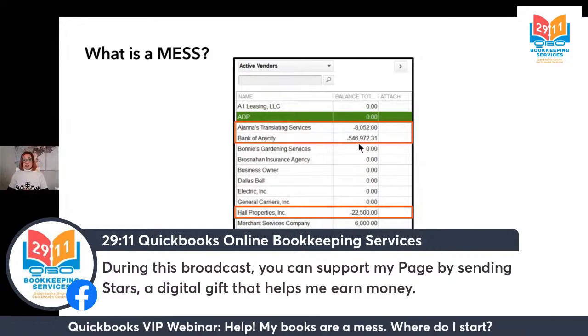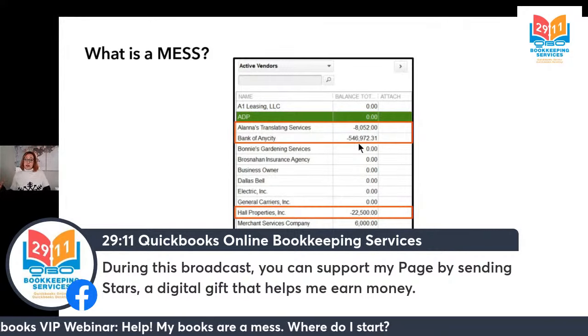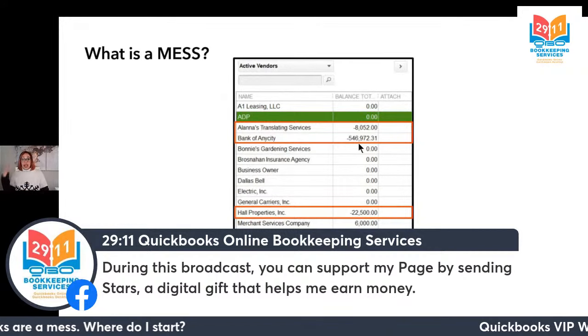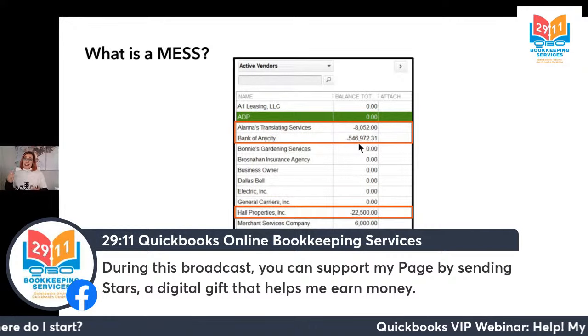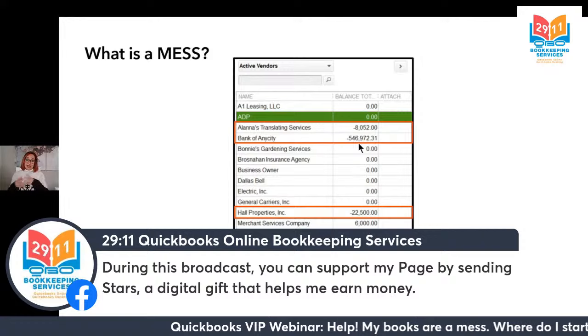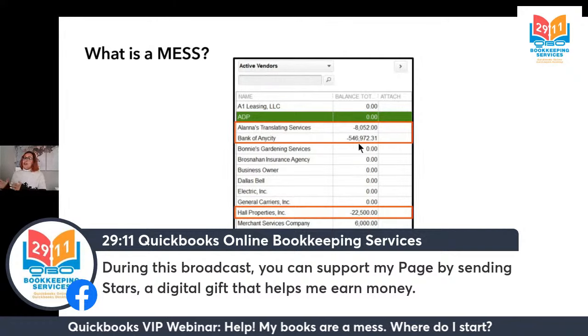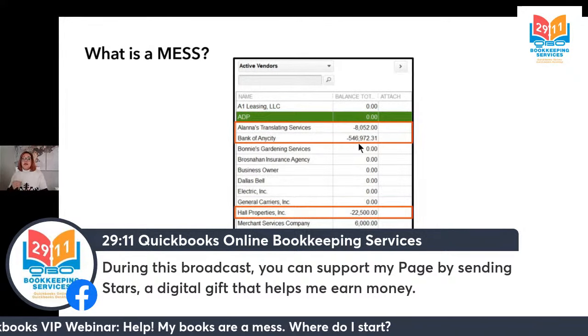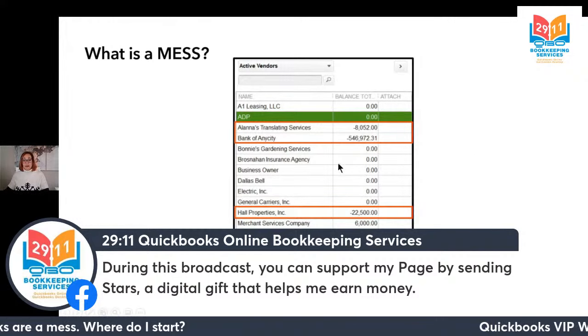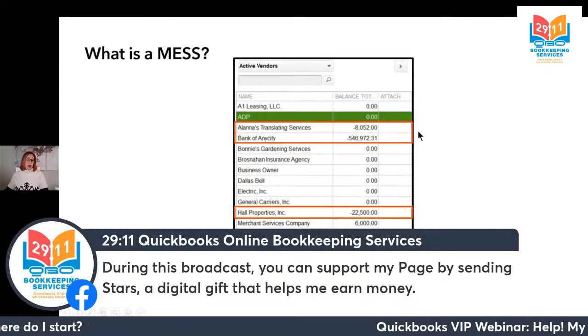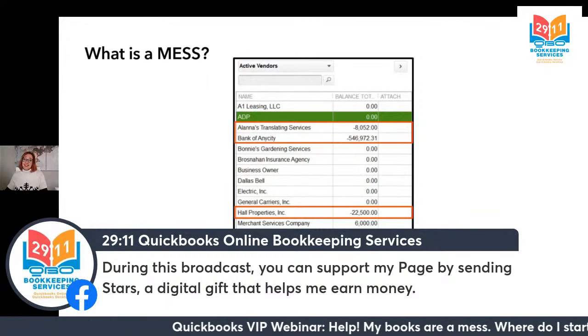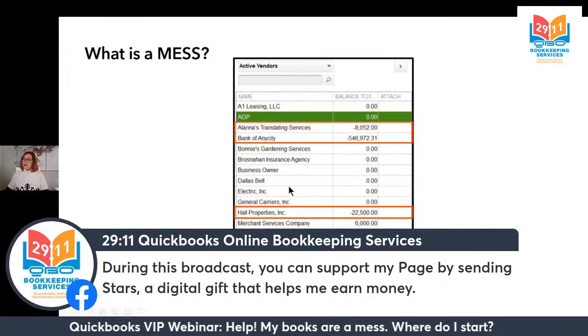Pay special attention here because specifically with vendors, if we have negative numbers, this means we have more bill payments or vendor credits than bills. Things aren't lining up or things aren't being recorded correctly. So we need to really key into what's happening. And the opposite could occur as well. If you have a really high balance and you know you don't owe that specific vendor that much money, that could also be an indicator that something's being recorded incorrectly.